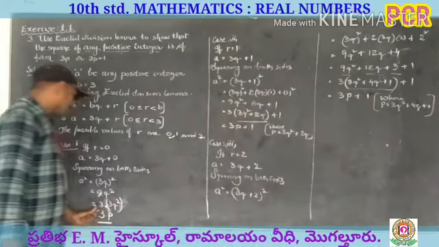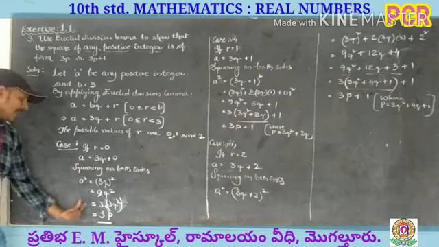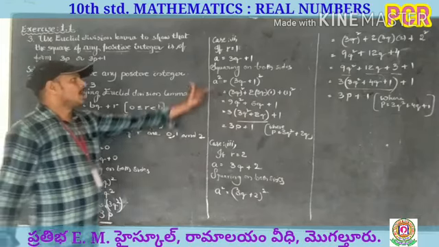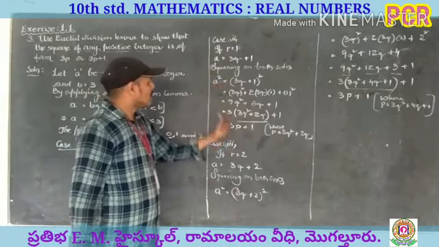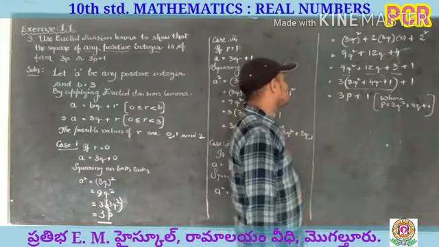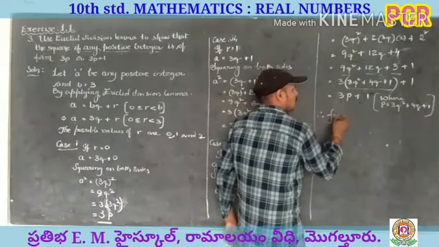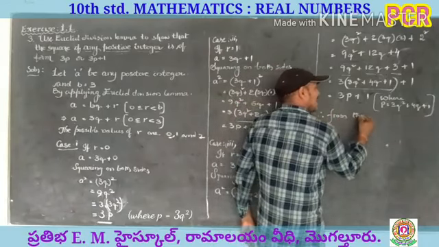So in the three cases, in the first case, if r is equal to 0, we can write a square as 3p. In the second case, a square as 3p plus 1. In the third case, also a square as 3p plus 1. Therefore, from the three cases,